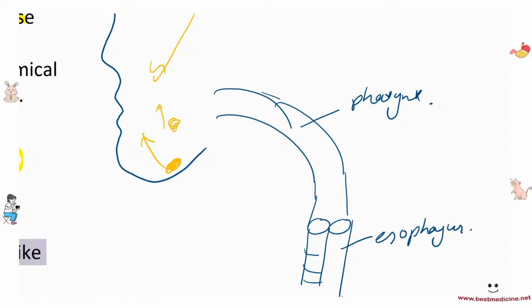On top of the trachea, you have a layer of tissue that blocks the trachea when the food is swallowed. So whenever you're swallowing some food, it's moving down like this. The trachea will be blocked by something called the epiglottis, okay? The epiglottis will block the trachea so that the food that you're chewing will enter into your esophagus